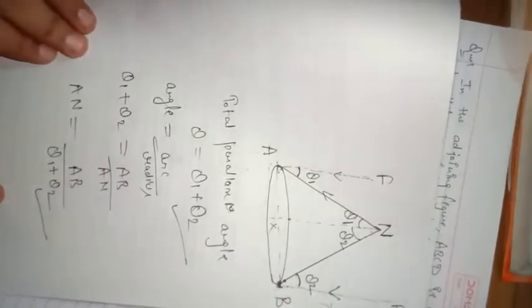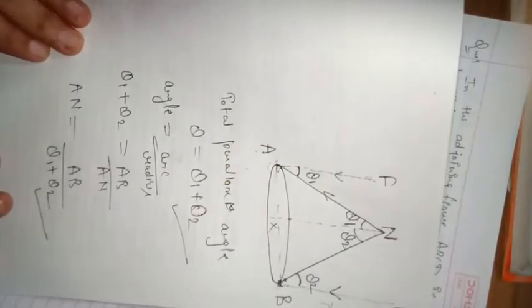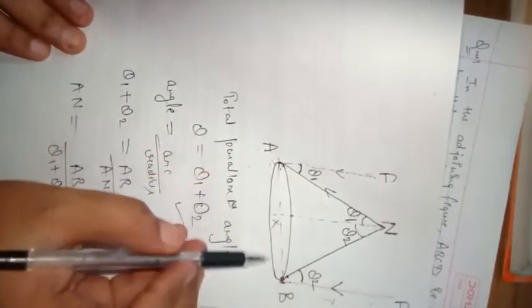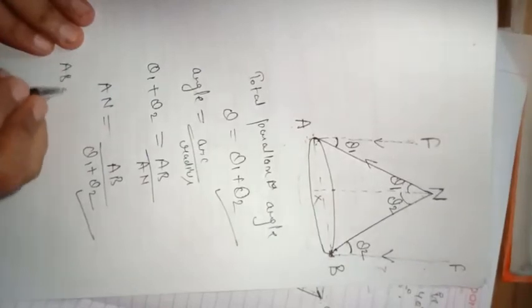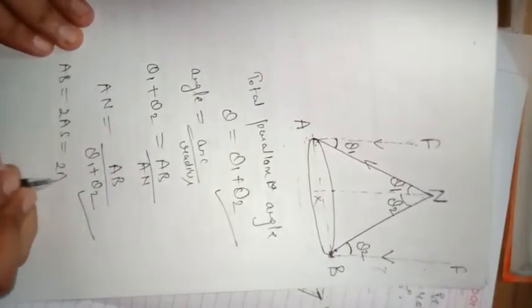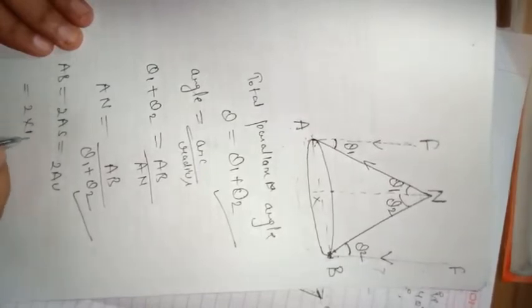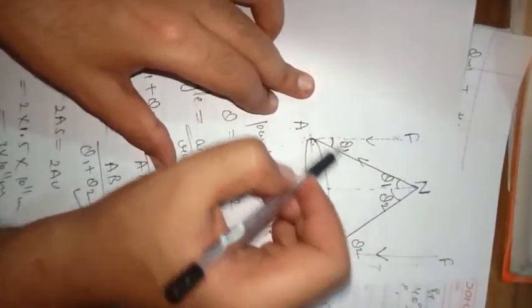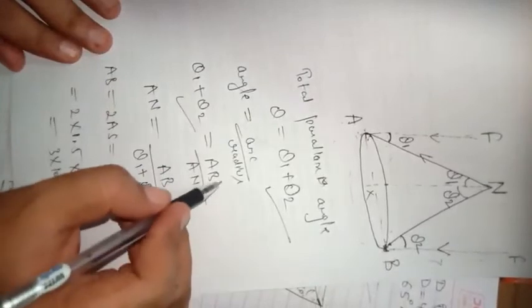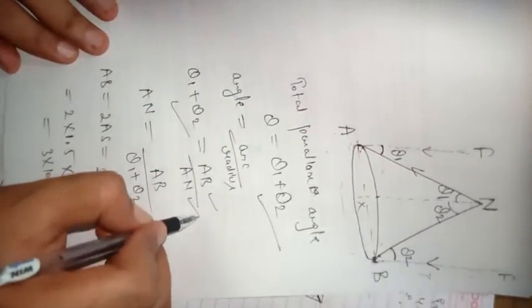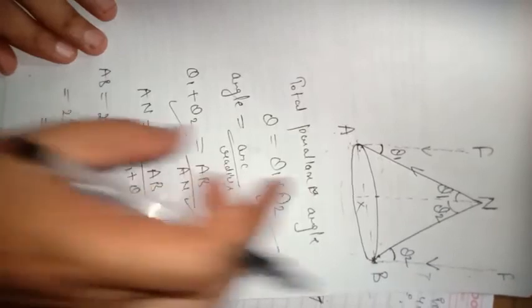Now students, if we use our concept, then AB is known to us, because we already know how much distance Earth will cover in 6 months. Suppose AB is equal to 2 astronomical units, 2 AU. So this distance is 2 into 1.5 into 10 power 11, which is equal to 3 into 10 power 11 meter. This angle will also be known to us because we have measured both angles, and we only have to add them. So the angle is known, the arc is known, and the radius will be calculated. By using this parallax method, we can measure this radius.